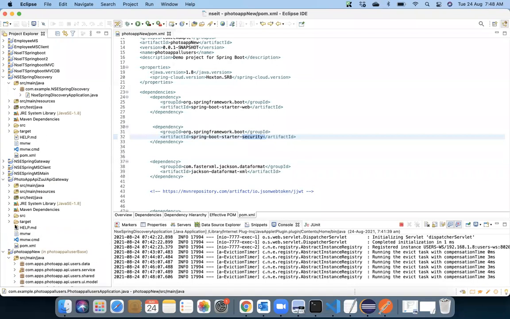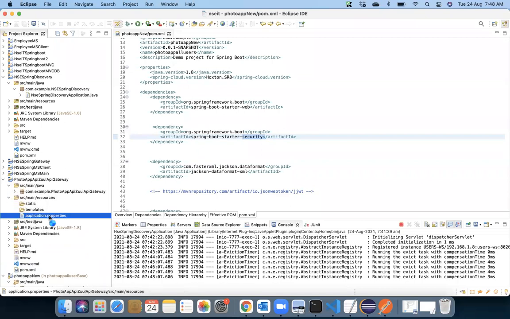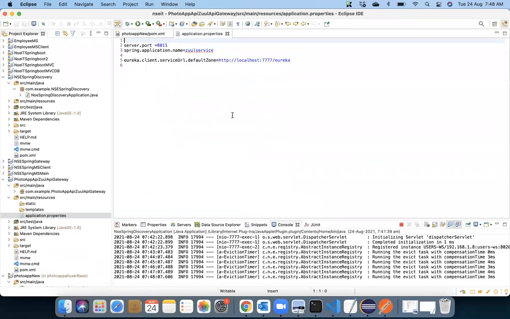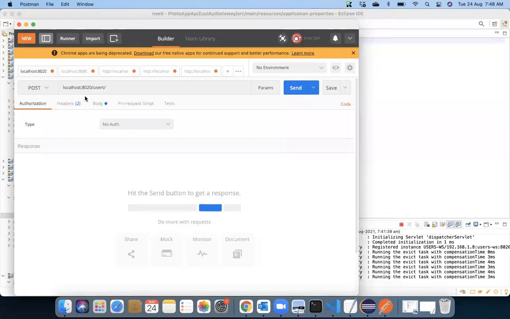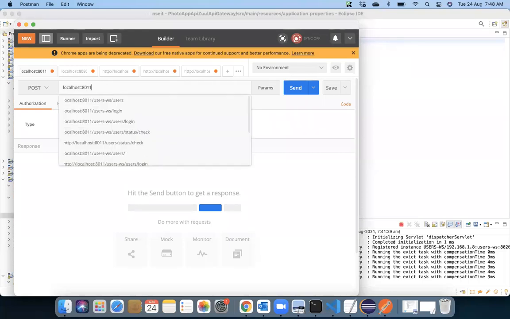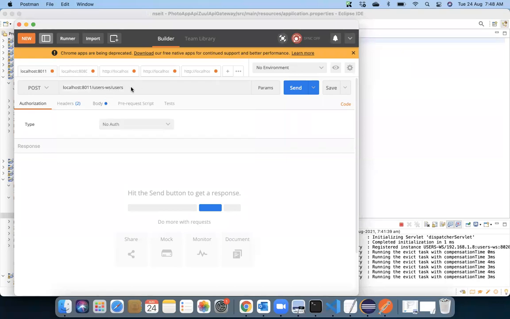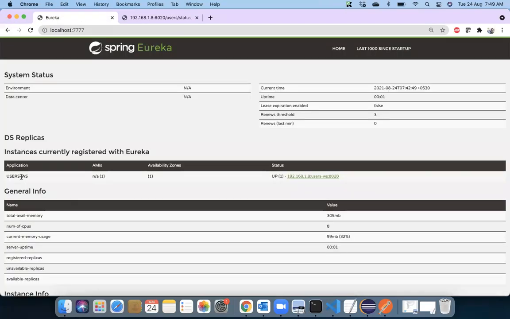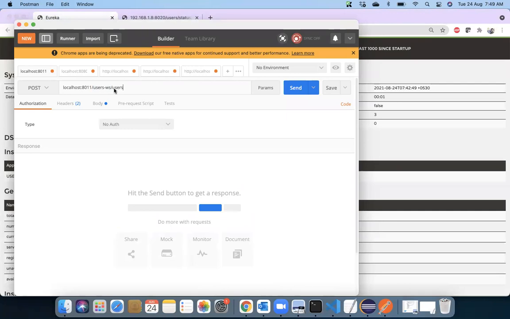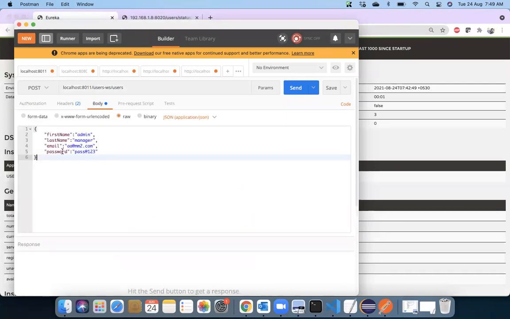And what is the port number of the API gateway? Confirm. It is 8011. Okay, so 8011. What you'll be doing now is just say localhost 8011, slash users-ws slash users. Users-ws is the one through which the service is registered under Eureka. Are we clear? And users is the root level URL. Select the body, post using this, and confirm whether you're able to insert a record or not. Please make it and let me know.